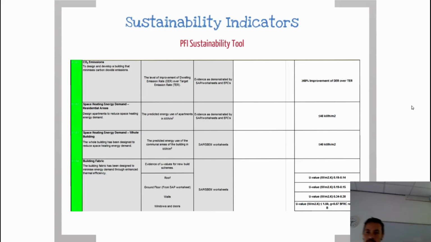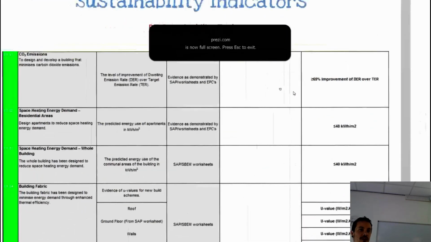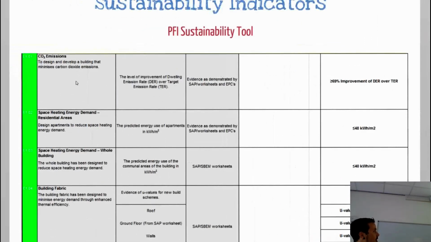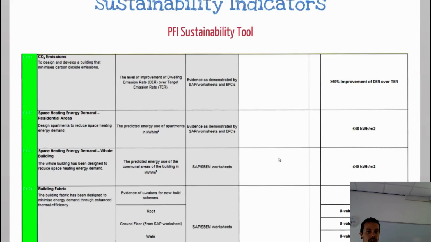So with this particular project, we were doing things like measuring carbon emissions. We were trying to develop a building that minimised carbon emissions, and we could do that using, at the time, we could work out what our emission rates were in terms of what the architect designed the building to be, and then we could work out an improvement on that. So you would design a building, you would say, well, this is going to emit this much carbon. We say, great, how much are you now going to reduce that by to create a sustainable building? And we could measure that percentage. And the developer that had the best percentage would get a higher score.